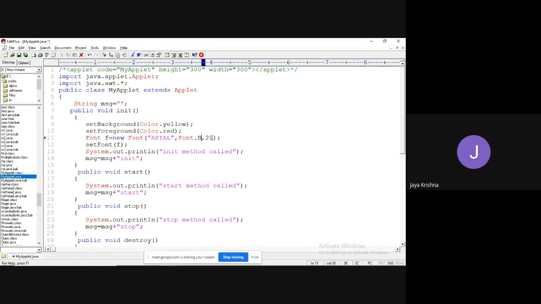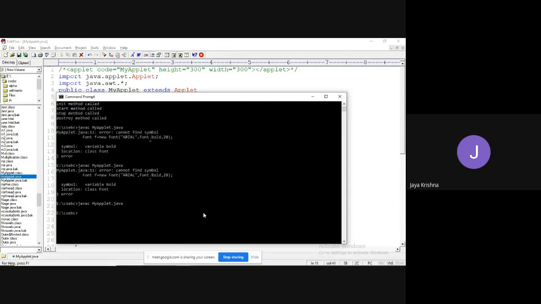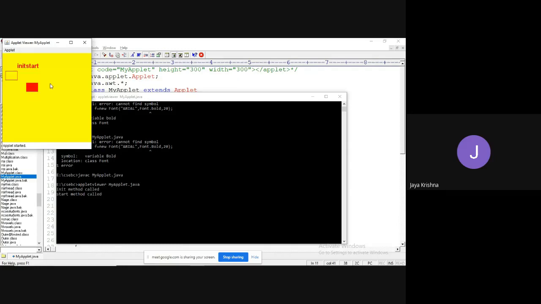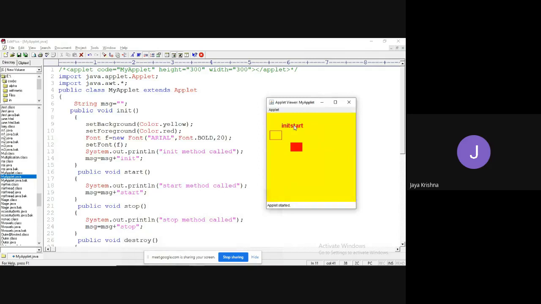Bold. Is constant. Now try to run. Observe. Got the output or not? I think you changed it. Is there some difference or not? You observed, it is in the form of bold format and the size also increased.